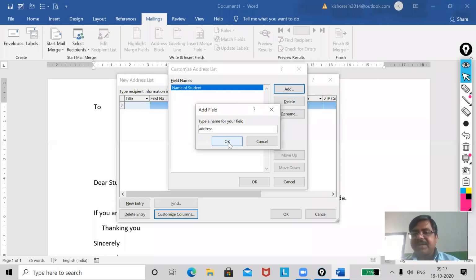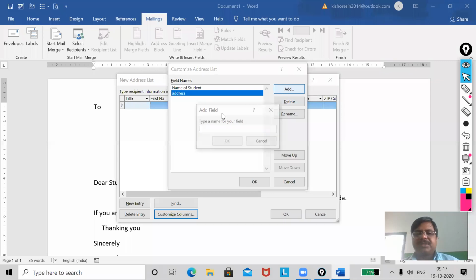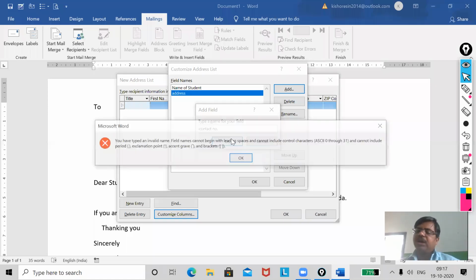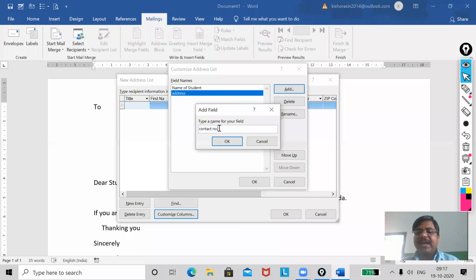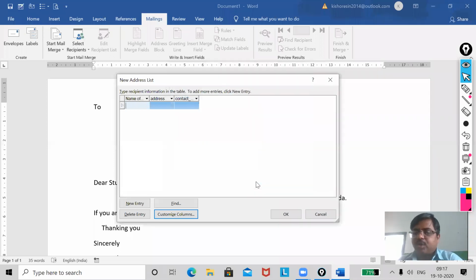Okay. I want one more, address. I will write address. Now I want one more, that is mobile number, that means contact number. Okay, only three. See students, it has not allowed me a space, space is not allowed, so I will use an underscore.